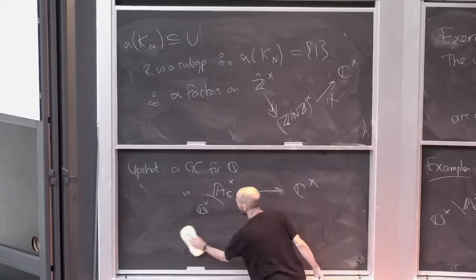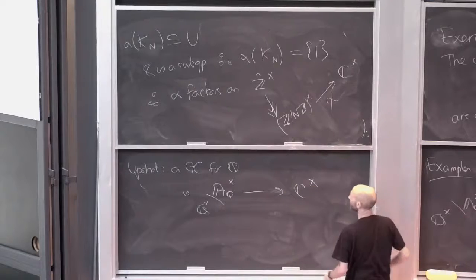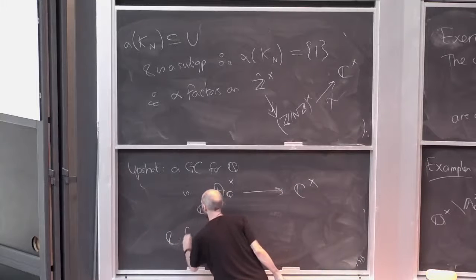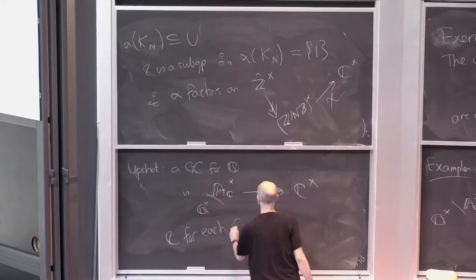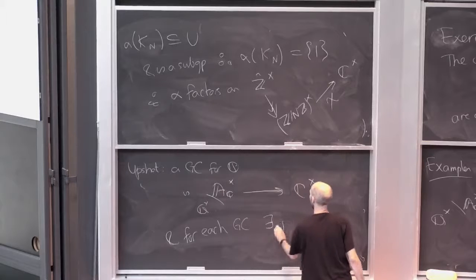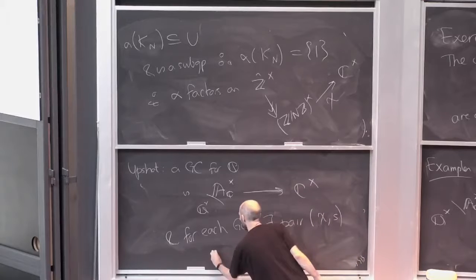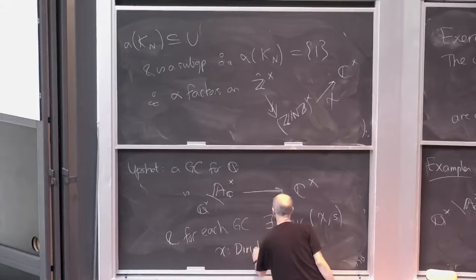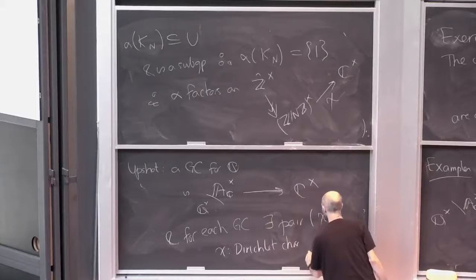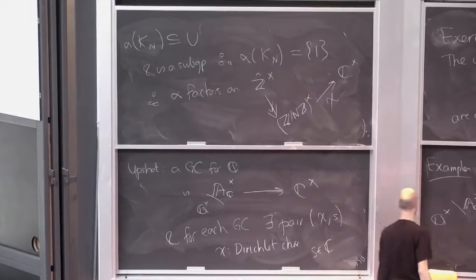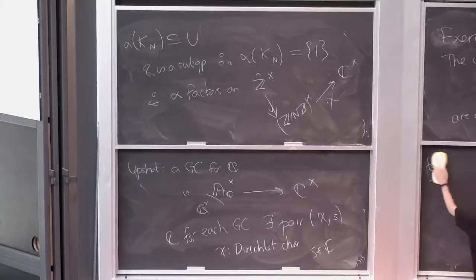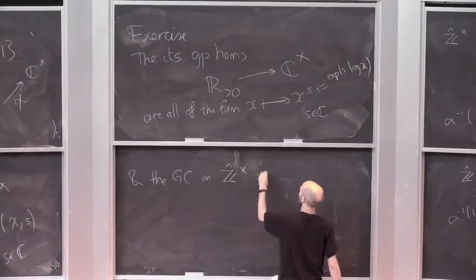For each Grössencharacter, there exists a pair (chi, s), where chi is a Dirichlet character and s is a complex number, and this Grössencharacter is just made from chi and s, such that the Grössencharacter on the subgroup Z hat star cross the positive reals